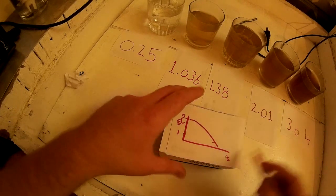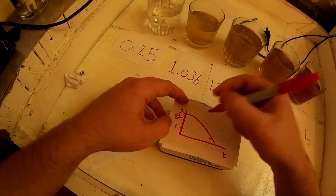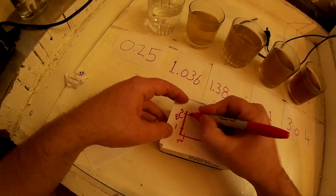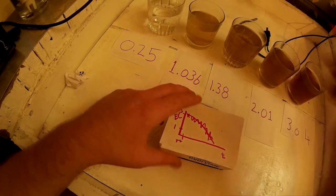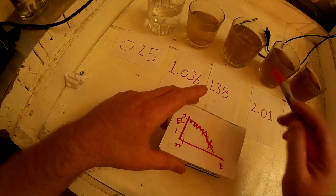So we get around this by connecting the EC meter to the digital pins of the Arduino, turning power on just for this short period here. So we turn the power on, take a reading quick, and turn it off, so this bit doesn't happen anymore. The wiring diagram will be on the screen now, and just to show that it works,